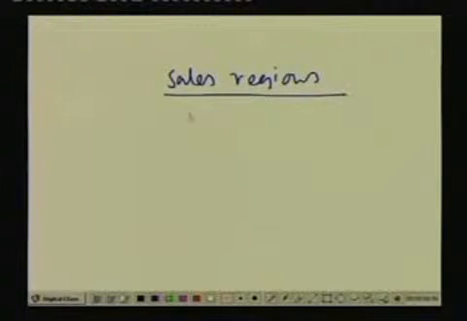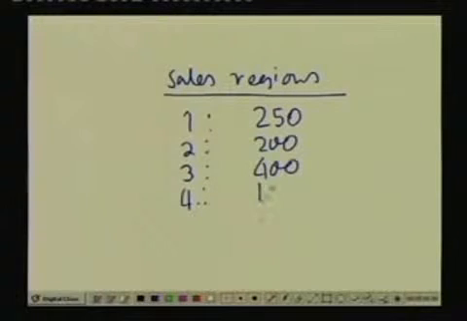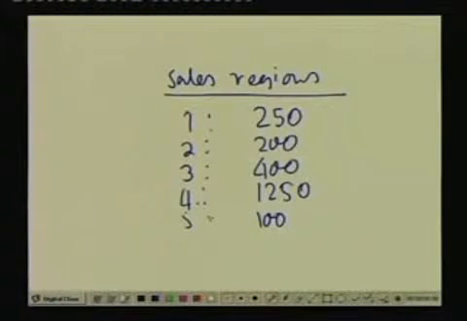Let us see some values. Let us say there are 4 or a few sales regions: 1, 250; 2, 200; 3, 400; and 4, 1250; 5, 500. So suppose this is my sales region data. Now as you can see, in this particular sales region data, we have 4 data in the range of 100 to 400 and 1 data which is really very high, 1250, right? But even here we can think of grouping. Suppose our groupings are